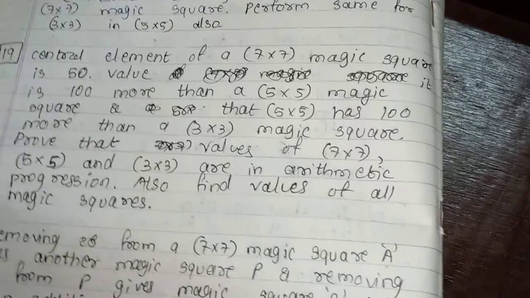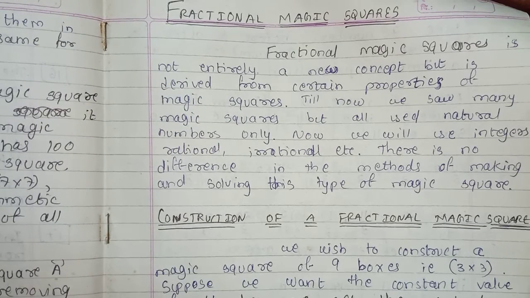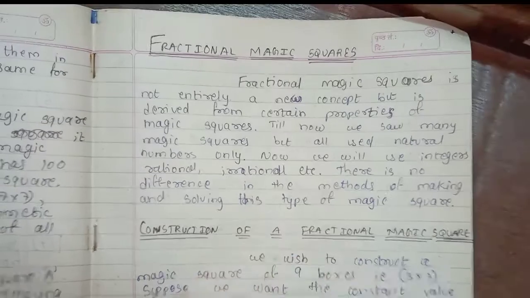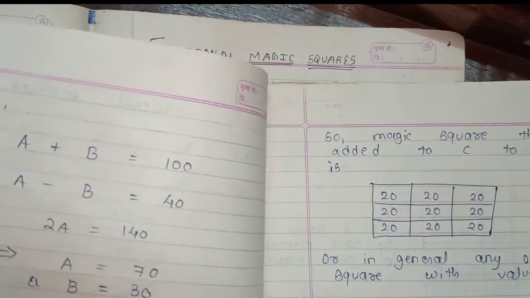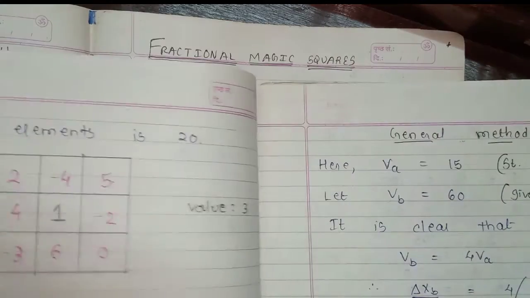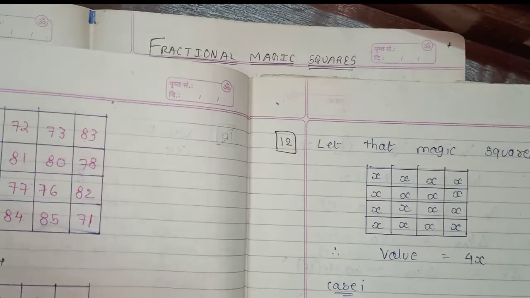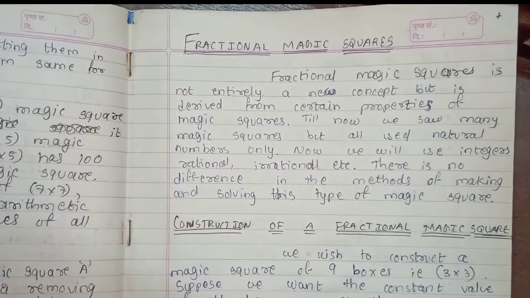So this was a very big question, number 20. I think the solution is also given. Another book is there, this book you can see here. This book is for questions, and this other book which I have shown is just for the solutions of the word problems. All the word problems of all the sections, 3 by 3, 4 by 4, 5 by 5, have their solutions in this book and the questions in this book. So I have written two books on the magic square concept.